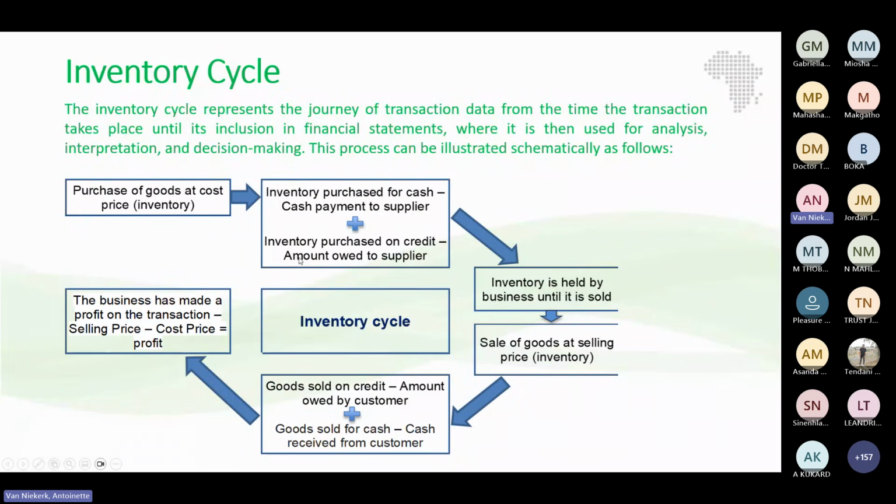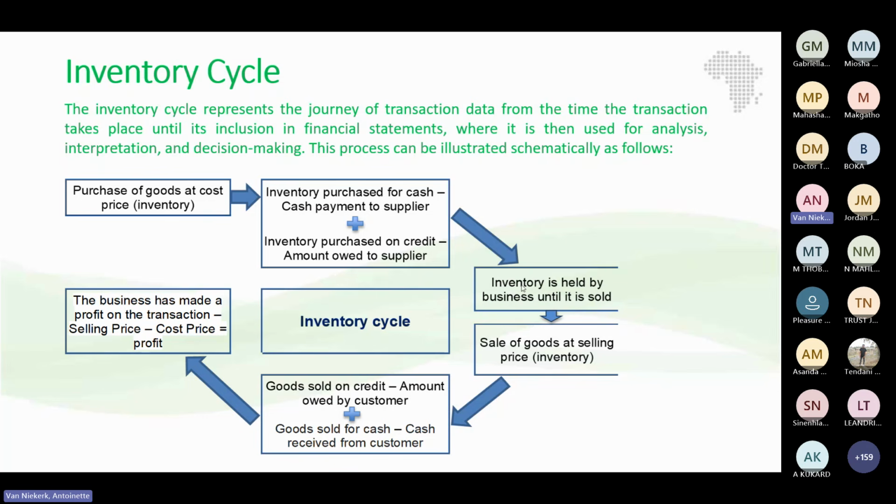Well, now we have purchases. So we, the entity, purchased on credit from another entity. So we owe money to them. This means, let me just mute again, everyone. This means that you will have your trade and other payables account, which is a liability account, which will increase because your debt is increasing. So it will increase on your credit side.